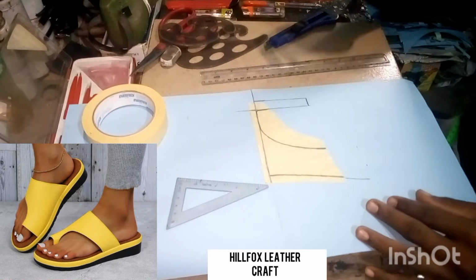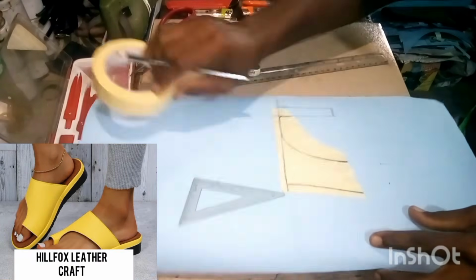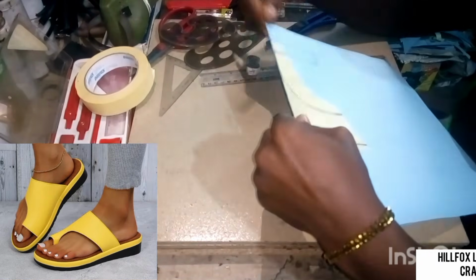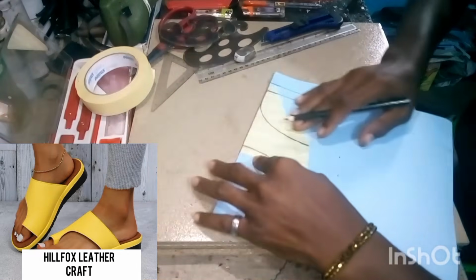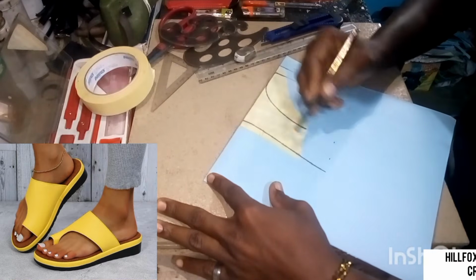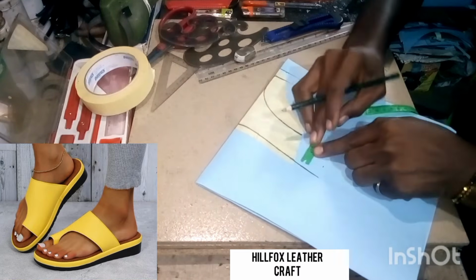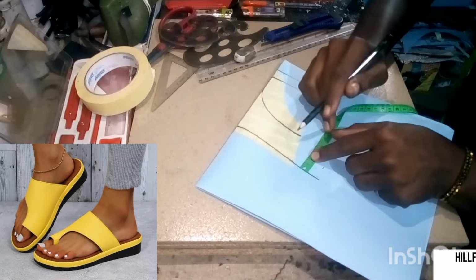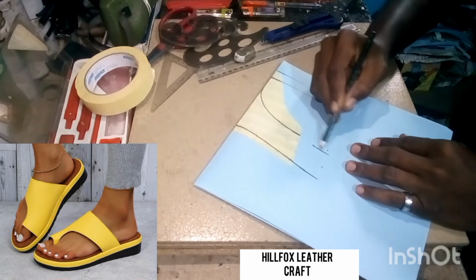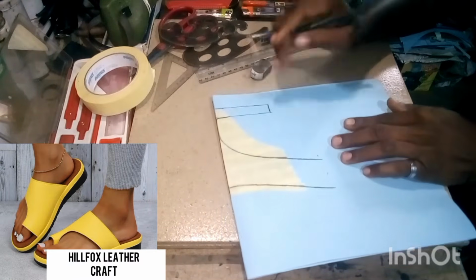So you have to bring down this line. You have to make sure you make it in such a way it is going to correspond. So let me fold from the center line so that I can move it around. So you extend this line, and after extending it, you retake the measurement. Remember, it is 1.7 inches. So, and then you bring down this one, and then